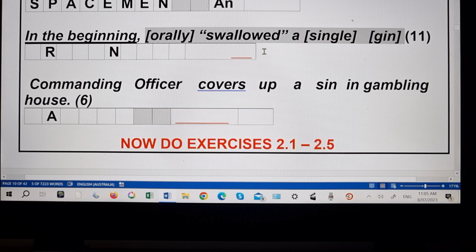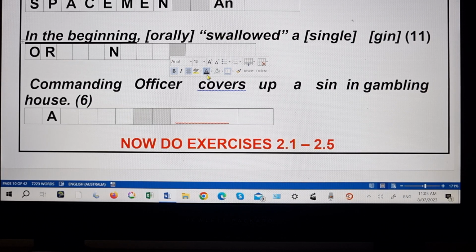Right. Let's see. Orally, if that is the case, orally has to be out here. Oh, wow. Now, I don't know where the rest of it is. Well, of course, there'd be a Y at the end. We know that, if that's the case. So, in the beginning is, oh, yes, in the beginning is